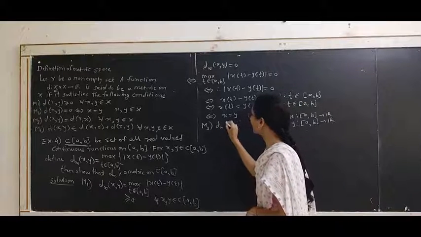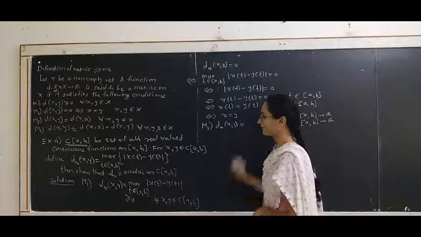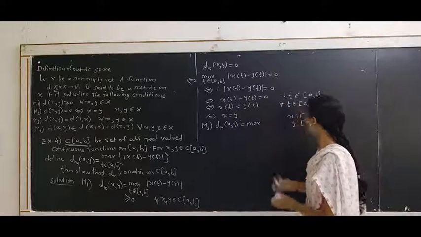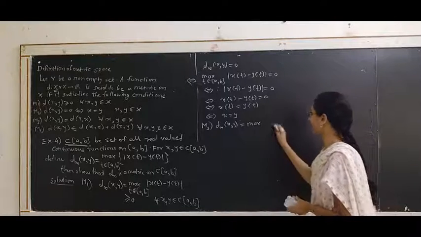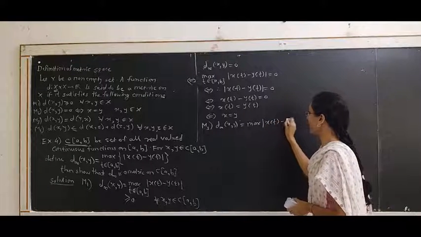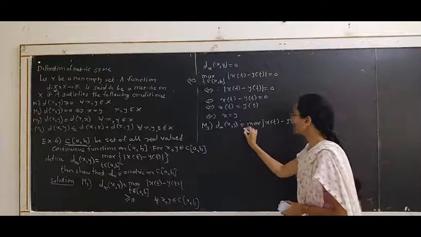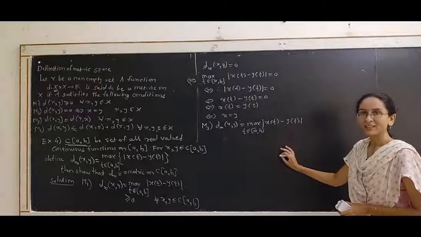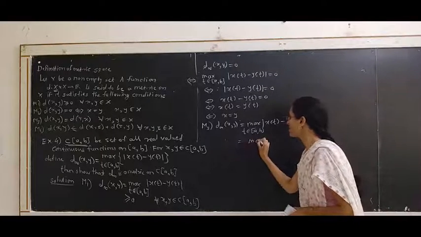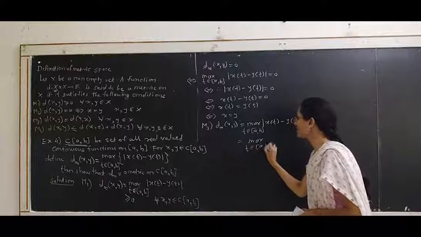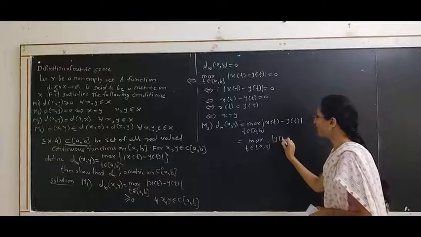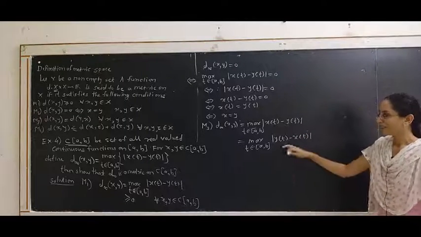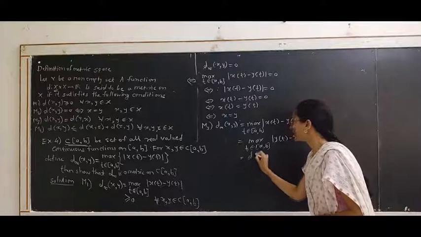Consider d of xy, again using the given definition, equal to the maximum of mod of x of t minus y of t, where t belongs to the closed interval AB. We can rewrite this as the maximum over t in the closed interval AB of mod of y of t minus x of t. Now this is equal to d of yx,